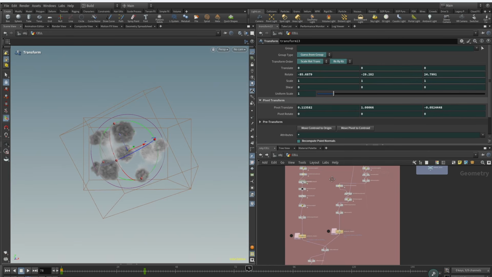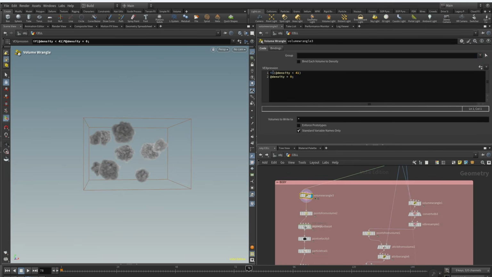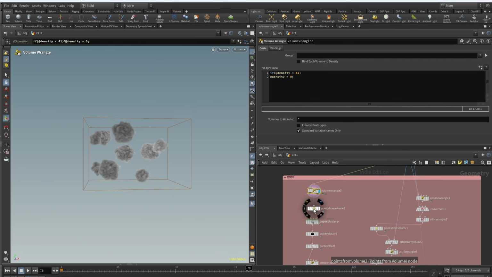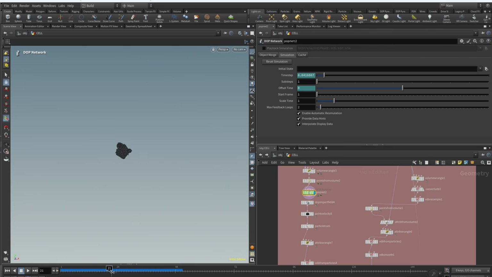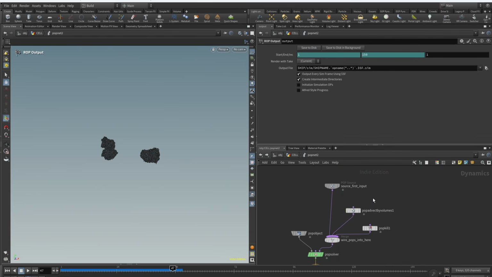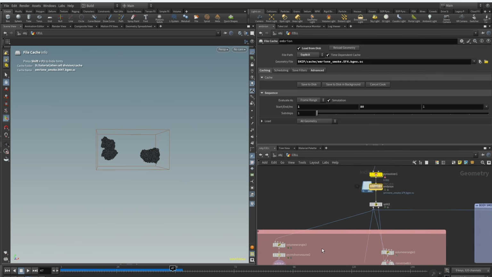In this part I am doing the core geometry, again clipping low density values, scattering points inside, and running a particle simulation. Inside the POP Net I am advecting particles by volume. Speaking about the particle advection topic, in the Introduction to Houdini Particles course you can check on my channel. Reading velocities from the pyro simulation,